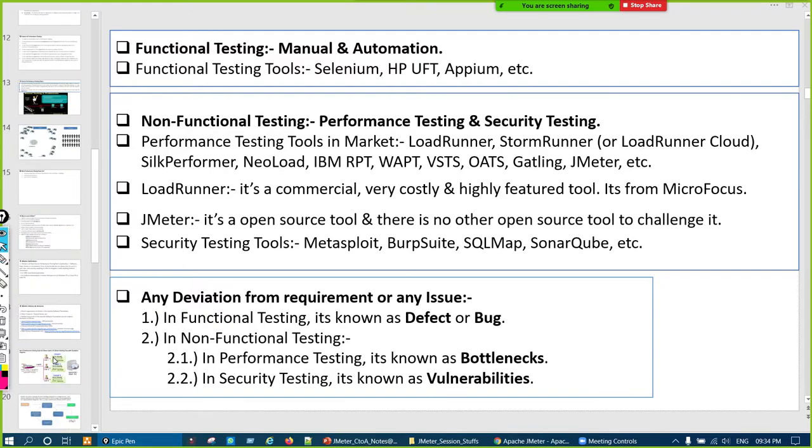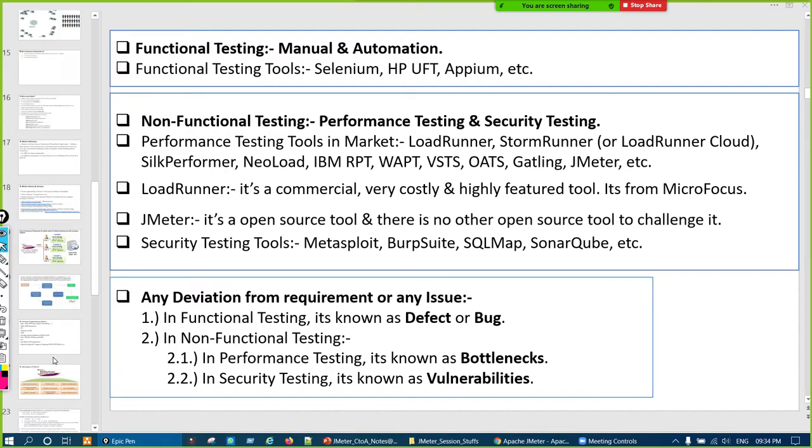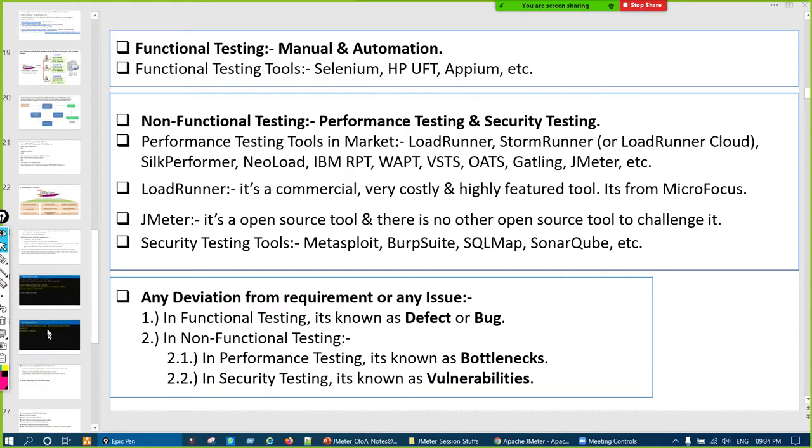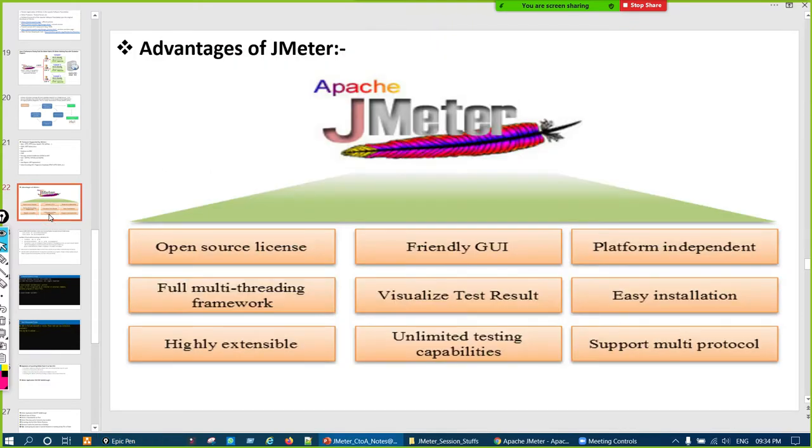Then Vaibhav, one question regarding Gatling. In the latest projects working in agile with the complete CI/CD pipeline, the development team is asking us to generate the performance scripts using Gatling. That is what they have proposed.